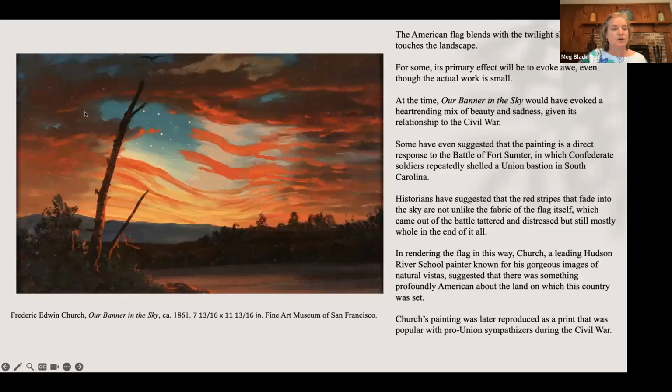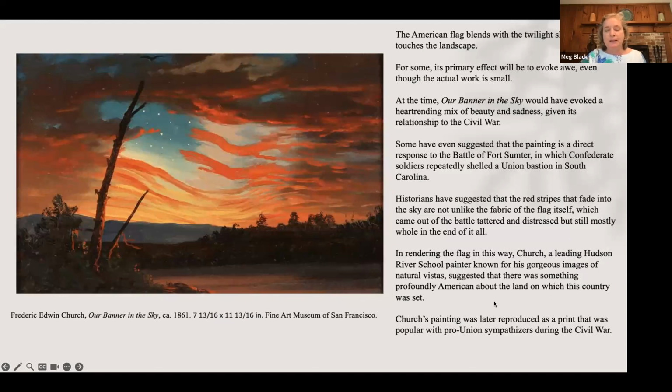So it's kind of creating this cross image, and it leaves you to wonder what the real subject is. It's not the beautiful landscape you originally might see. And then when you look at the clouds, you see that there's a storm forming. So it reads as though Frederick Edwin Church is aware that this flag is under a lot of stress at the time of this painting. And this is clearly a sunset image, and that also tends to be a metaphor in art for something that's ending.